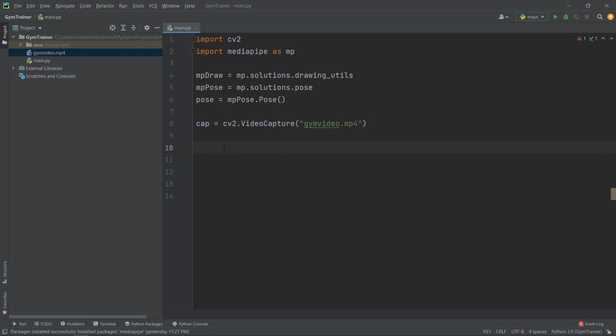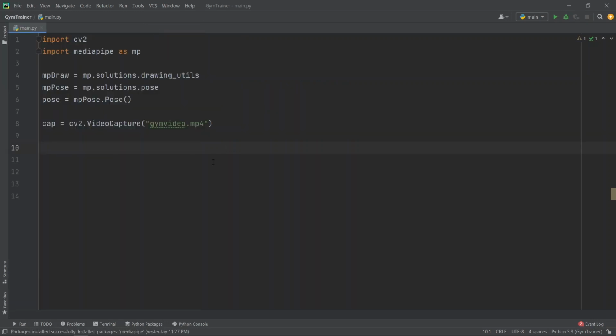We will start reading data from this capture, and as you know, the video actually consists of images. So out of each video frame we will be getting the image and we will be applying all the logic on that image, but all of that will be happening so rapidly that we will get the idea that we are working on the video. So we will go for while True. The reason why we are using while True is because it's a video and we want to capture each frame continuously.